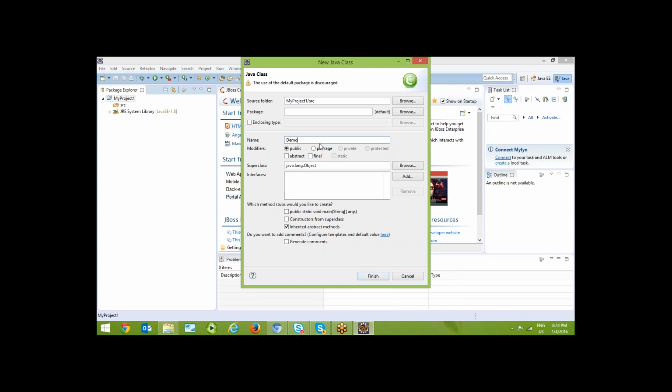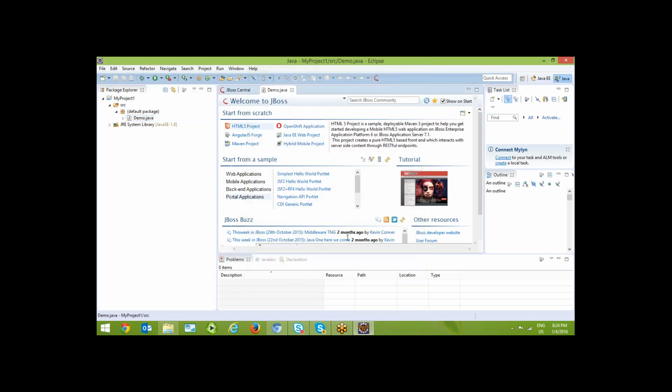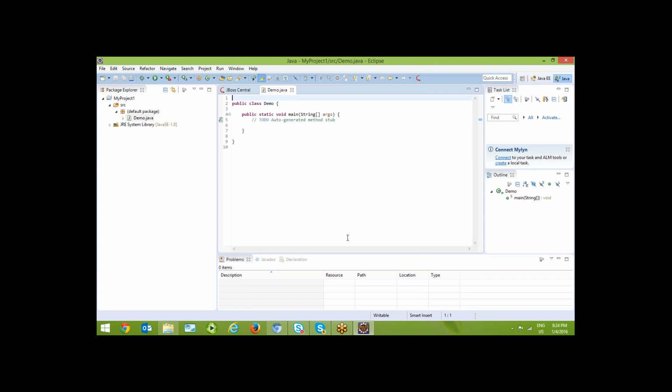Now I am giving the class name as Demo. I am including public static void main. So this is a class which is created in which we can write the code.